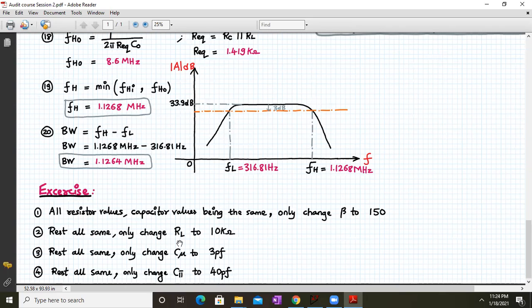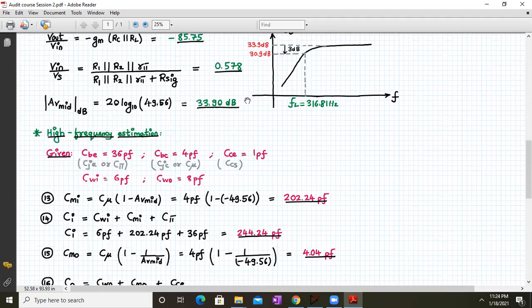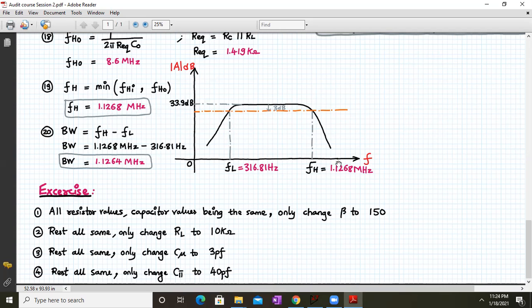Then the rest the same, only change C mu to 3 picofarad and see the effect on the higher cutoff frequency and hence the bandwidth. The rest the same, only change C pi to 40 picofarad. Earlier the C pi value was 36 picofarad. Now you increase it and see the effect on the bandwidth.